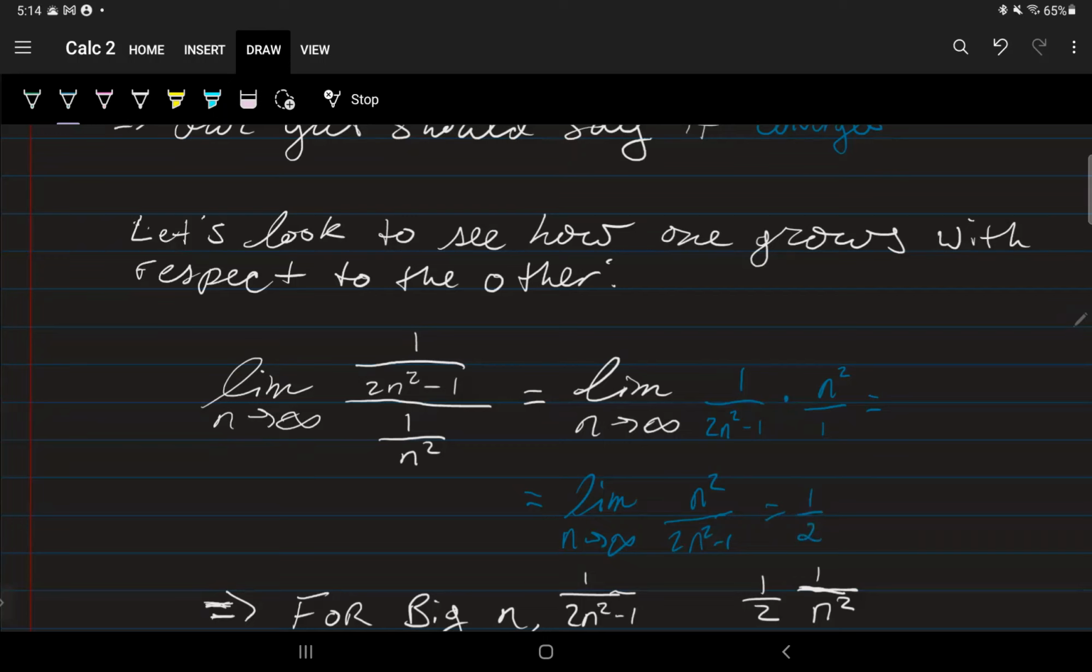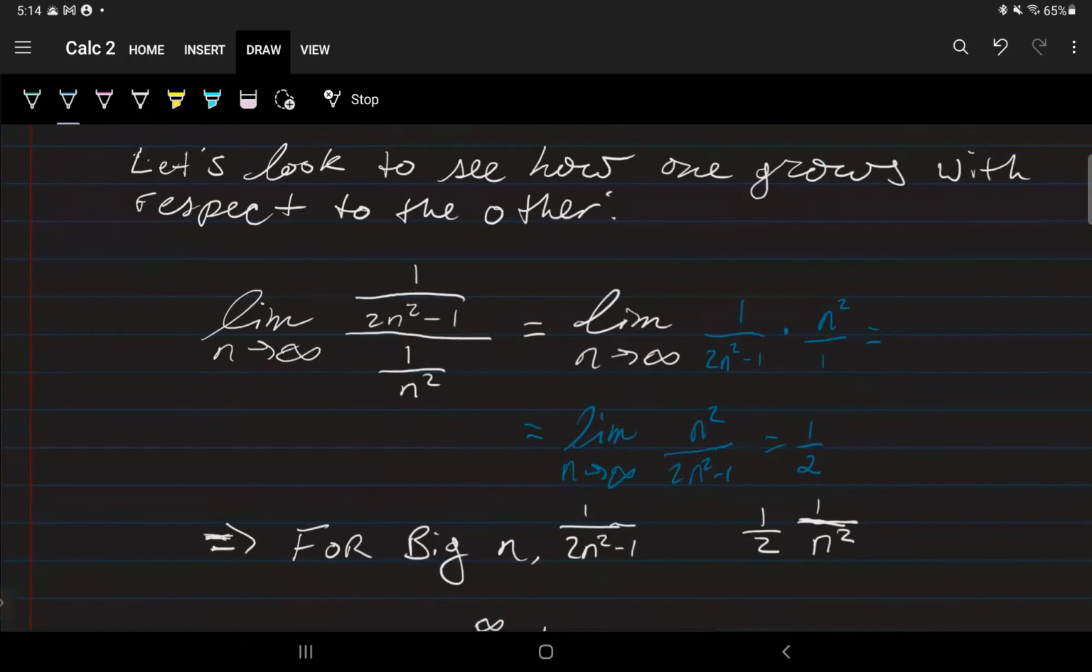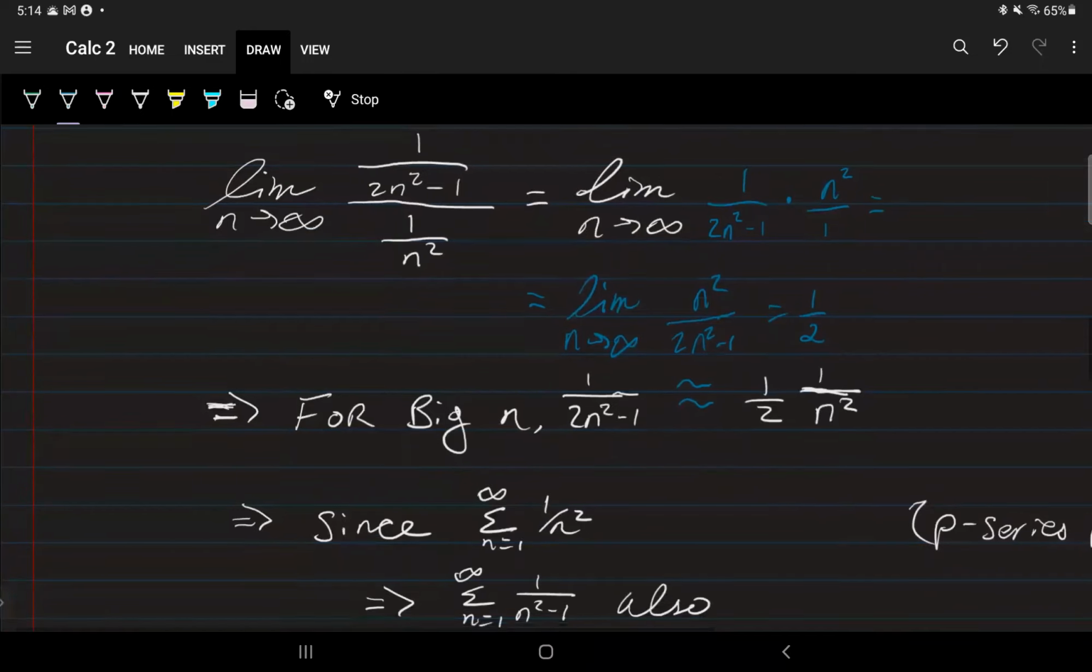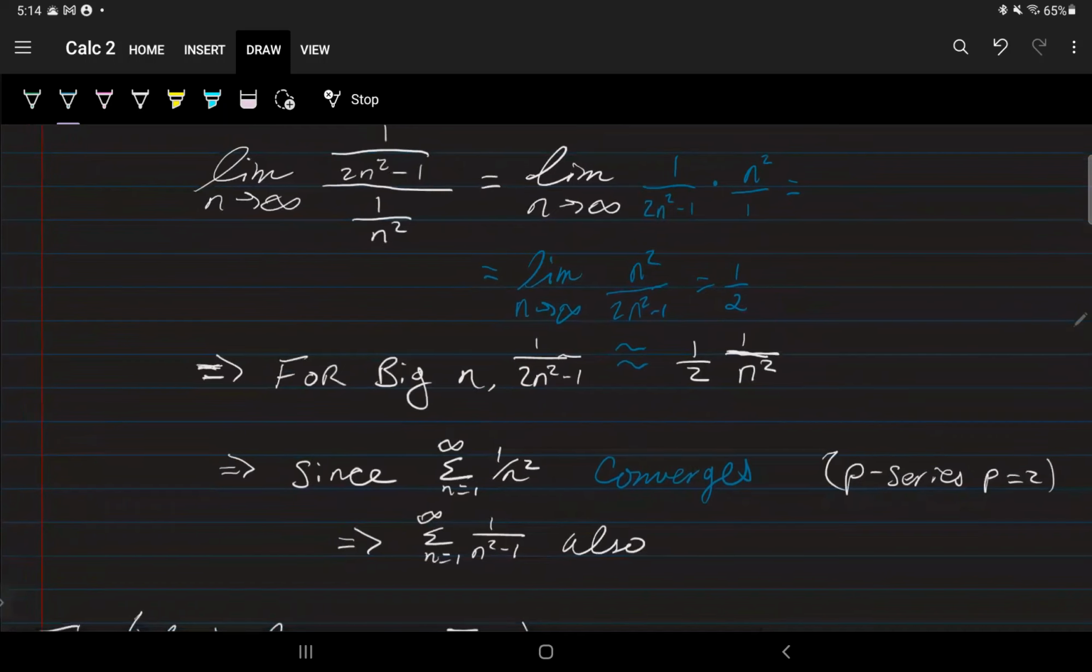Okay, good. So what does that mean? That means that for big n, when n gets really big, 1 over 2n squared is approximately half of 1 over n squared. So in this case, it actually turns out that 1 over 2n squared minus 1 is going to be smaller than 1 over n squared when n gets really big, right? So since the sum of 1 over n squared converges, since it's a p-series with p equal 2, that means that the sum of 1 over 2n squared minus 1 also converges,